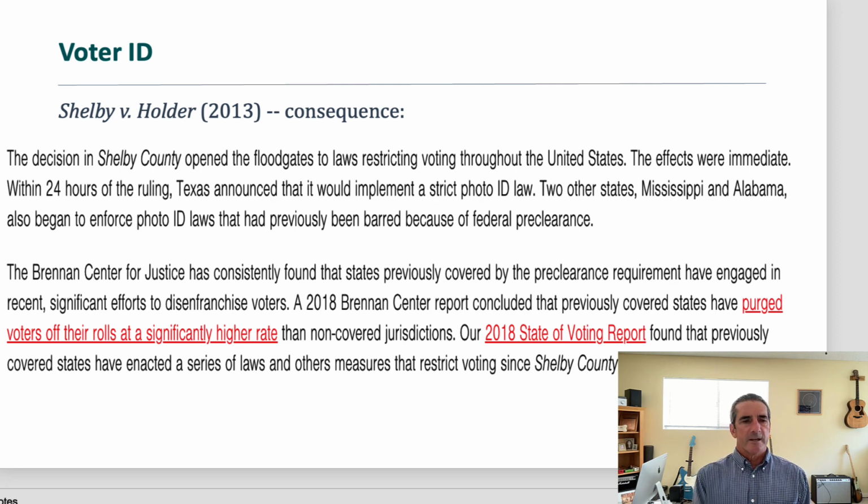So I'm going to take a break here, and we're going to get into voter ID, the arguments for it, and I'm going to make arguments against it. Will I persuade you? It's not really my job, but I think it is my job to point out the severe logical flaws in the arguments on behalf of voter ID. So I'll take a break here, and we'll come back, we'll continue this conversation.